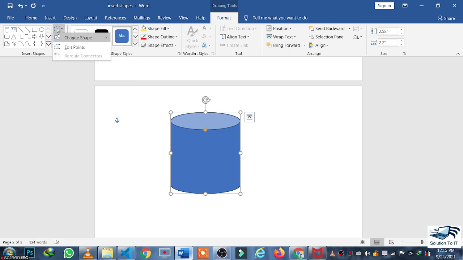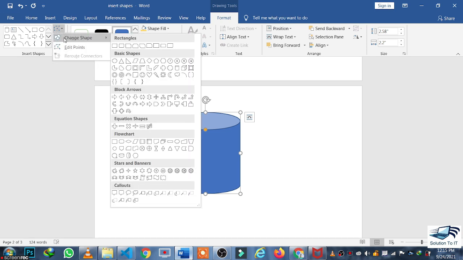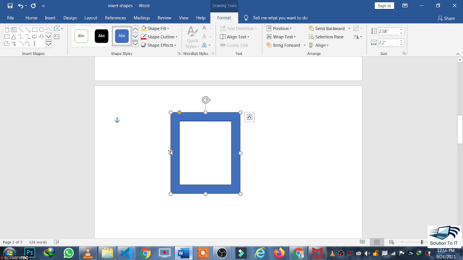When you click on Edit Shape, you will get two options, Change Shape and Edit Points. If you want to replace that shape, you can do this. Just like I want to replace my shape, so I have changed it.